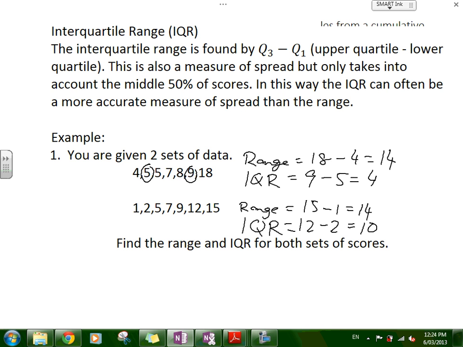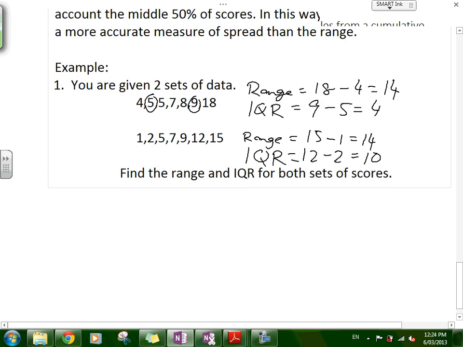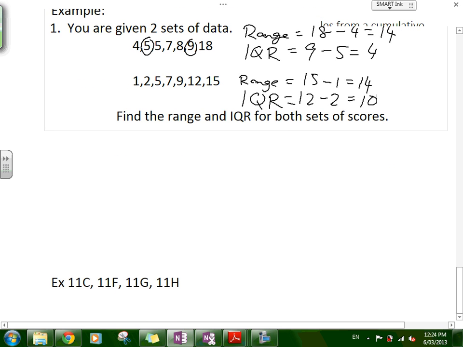Right, so in this way, the different measures of spread give you a different idea. Sometimes the interquartile range is better because it shows where the majority of scores are, or the range can be a better indicator of spread. But more often, it's the interquartile range, which is a better measure. Right, so basically that is what we're going to talk about. So in the booklet that I gave to you,